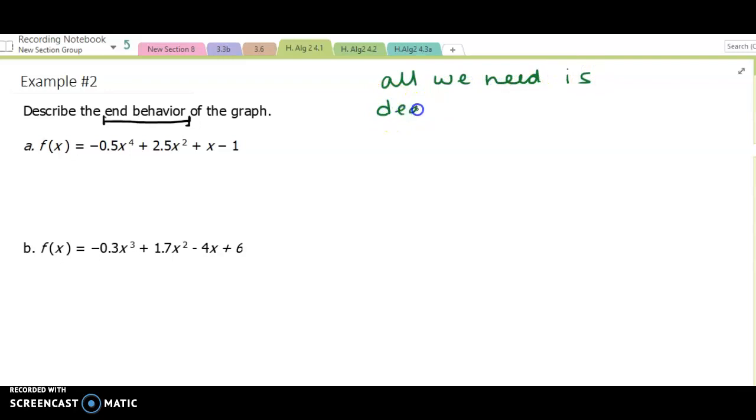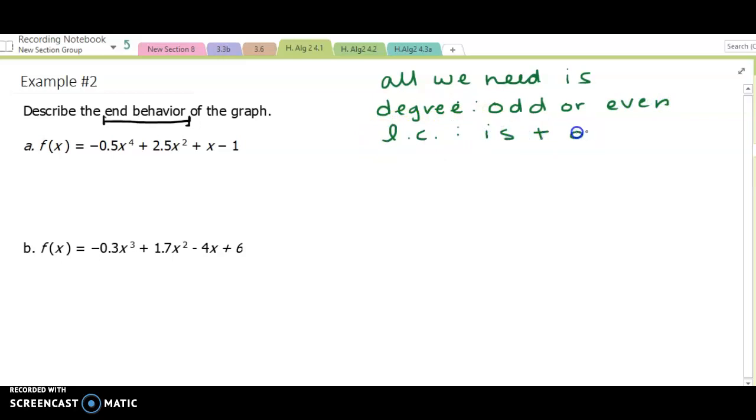Okay, so all we need to look for is if the degree is odd or even, and we need to know if the leading coefficient is positive or negative. Okay, so if I look at part A here, my degree is 4,